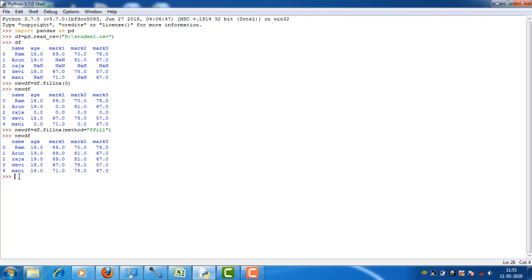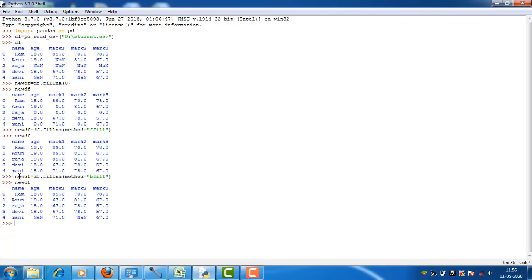Like this we can fill backward. That is, new df is equal to df dot fillna of method is equal to bfill, that is backward fill.